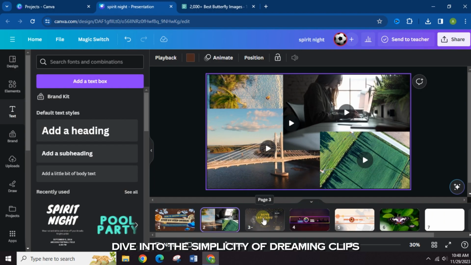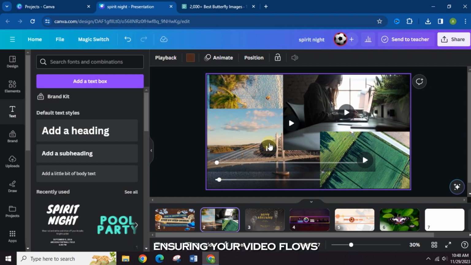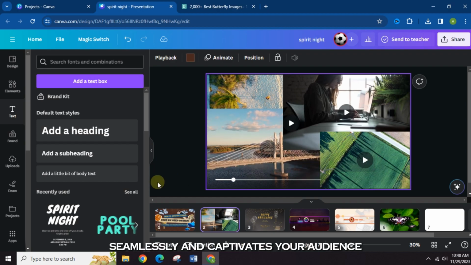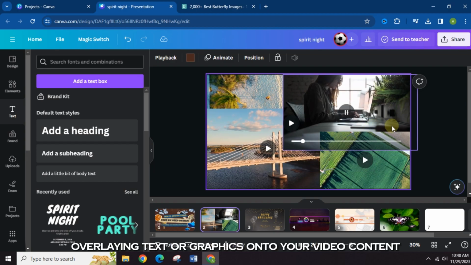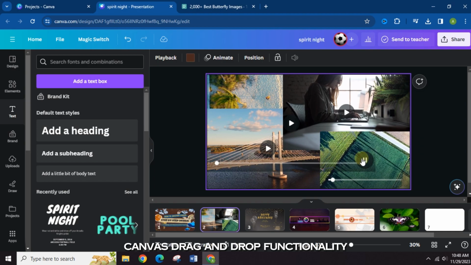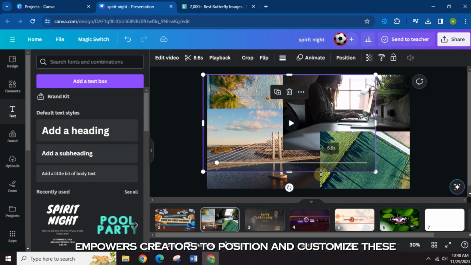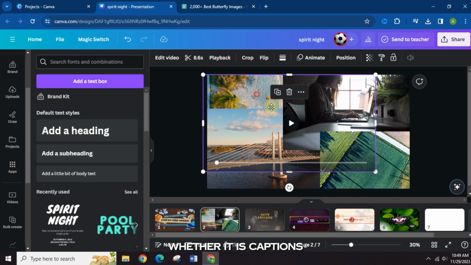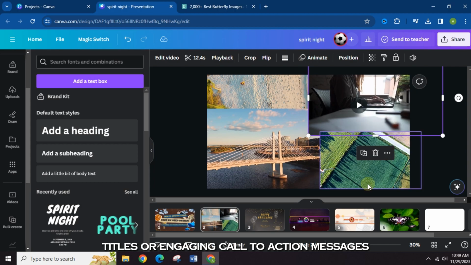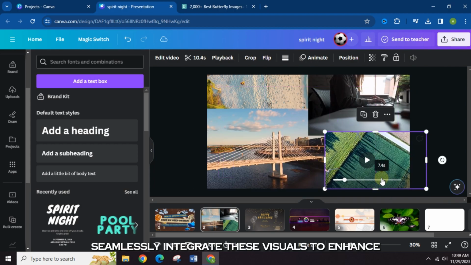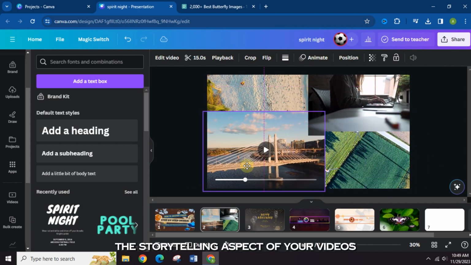Dive into the simplicity of trimming clips, ensuring your video flows seamlessly and captivates your audience from start to finish. Witness the magic of overlaying text or graphics onto your video content. Canva's drag-and-drop functionality empowers creators to position and customize these elements precisely. Whether it is captions, titles, or engaging call-to-action messages, seamlessly integrate these visuals to enhance the storytelling aspect of your